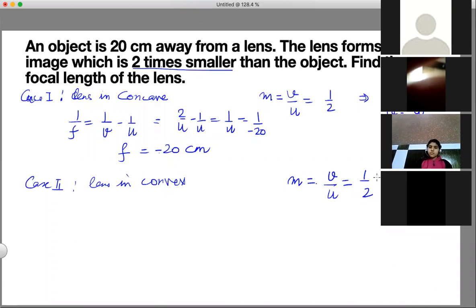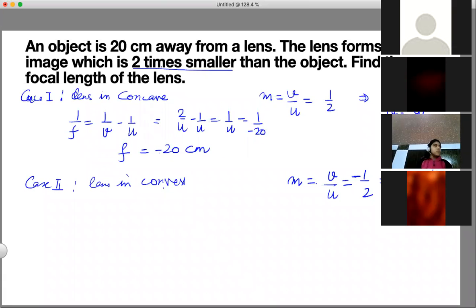Think and tell me. It is a convex lens. The image is smaller. So smaller diminished images, convex lens, can they be virtual images? No. So they have to be real images. If they are real images, they are inverted images. If they are inverted, magnification has to be negative half. Okay, which tells us that v is equal to